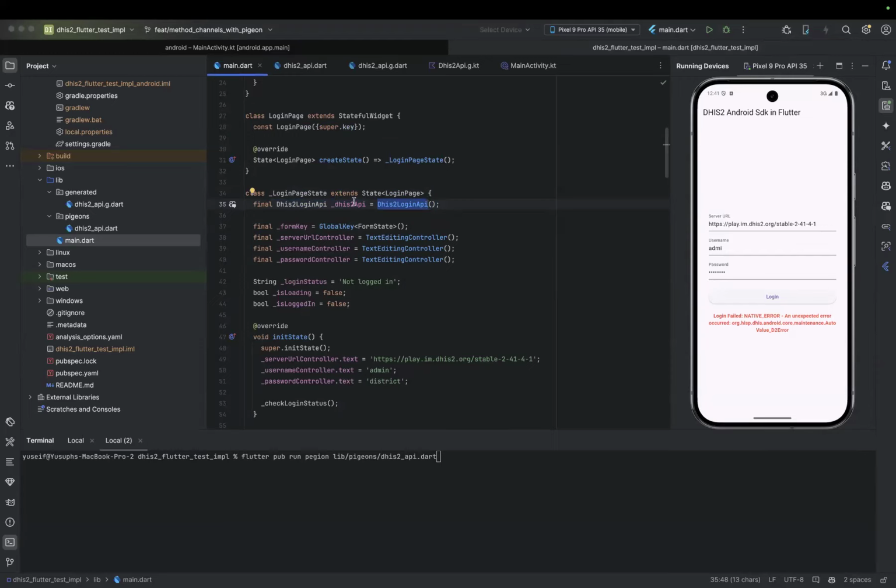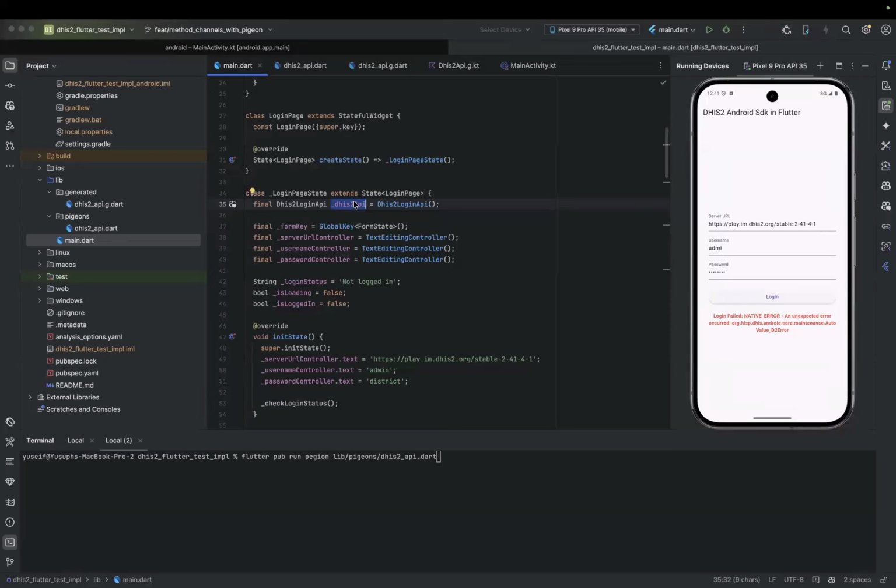We instantiate that class, and this class provides us with those methods, and we use those methods to communicate with Kotlin. Now you may be asking yourself, where is the configuration for method channels and all this? This package handles that on our behalf.